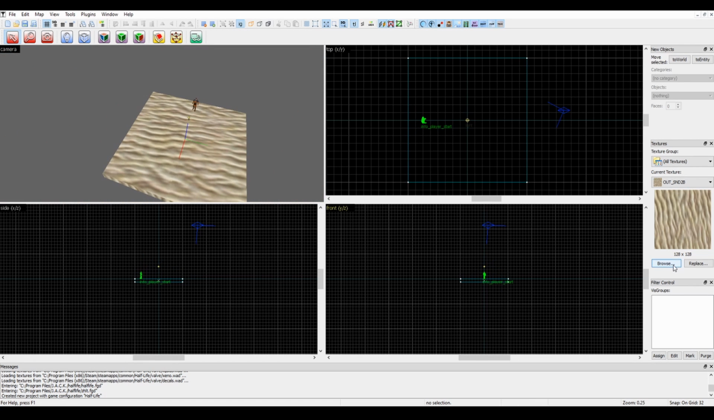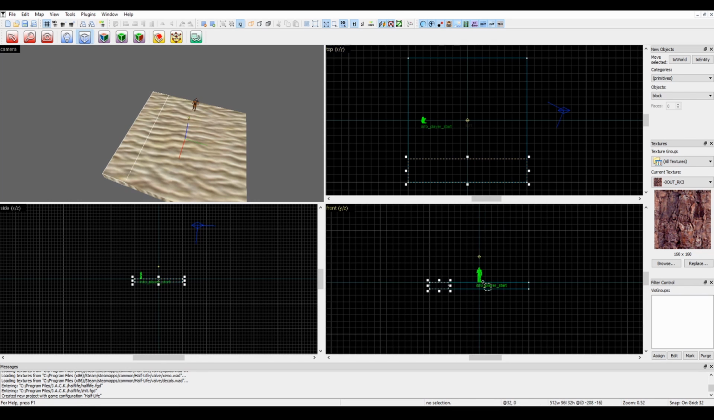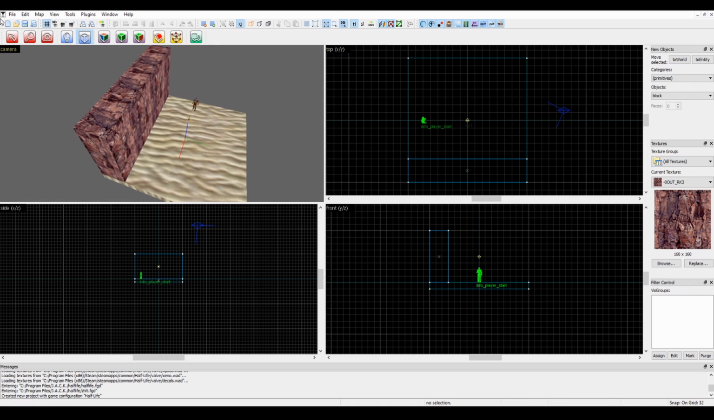So, the first thing you want to do is get a good texture. I'm going to make a rock wall here. Actually, I'll do one of these textures. So, we're just going to make a block, and make it wide. Okay, like that. And then you want this tool right here, the clipping tool,